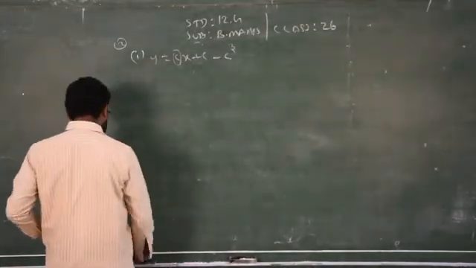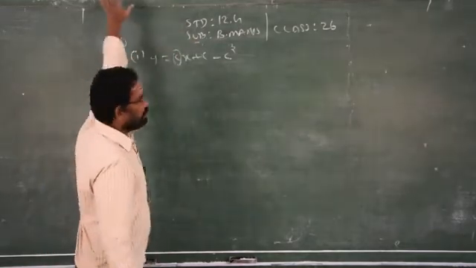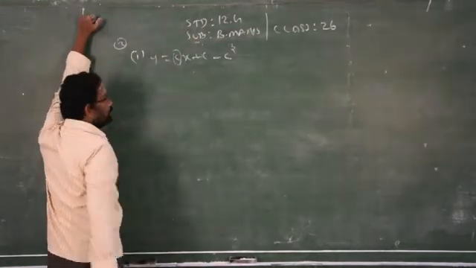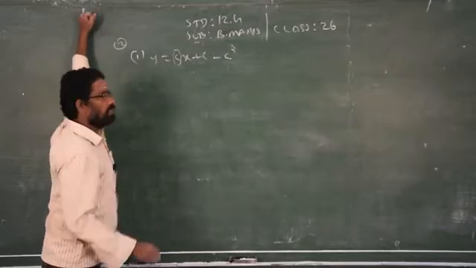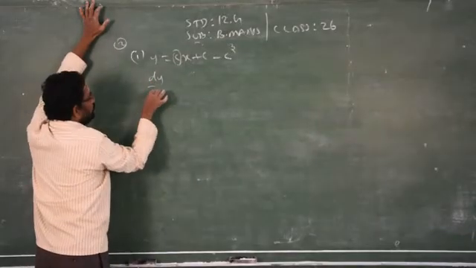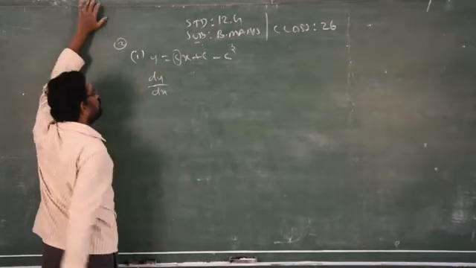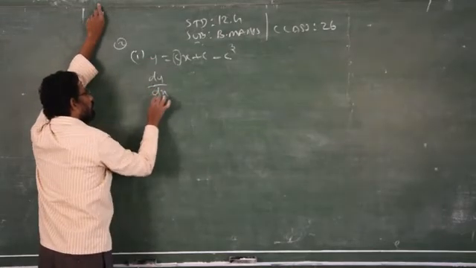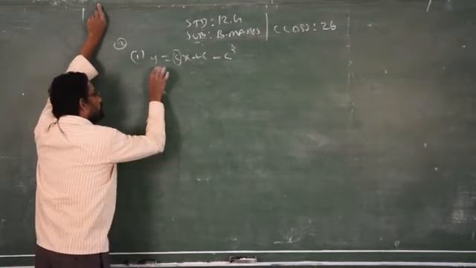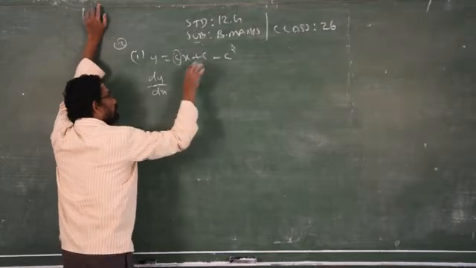It is not discriminated by using the power of the particular constants. Now only one constant. If it is only one constant, you please differentiate only one time. Find only first order. Differentiate dy by dx. Why am I differentiating with respect to x? Because we have only x variable on the right side.